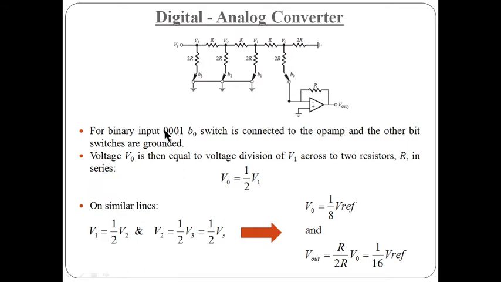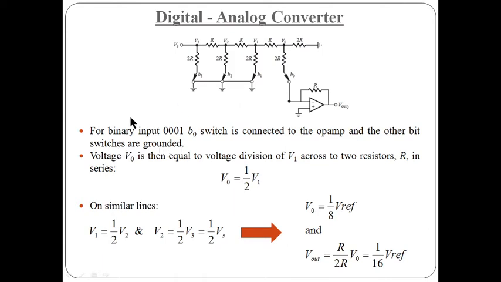This is the value for the third bit, this is the value for the second bit, this is the value for the first bit, and this one is the value for the 0th bit. We already took this in the numerical already. So that's why this B0 switch is connected to the output circuit here, and all the other switches are connected to the ground here.